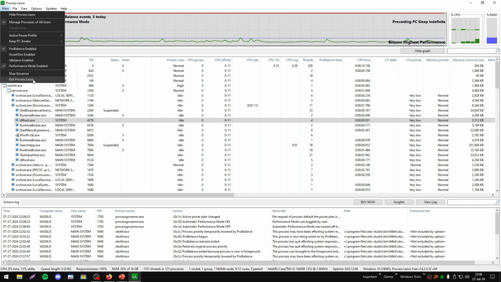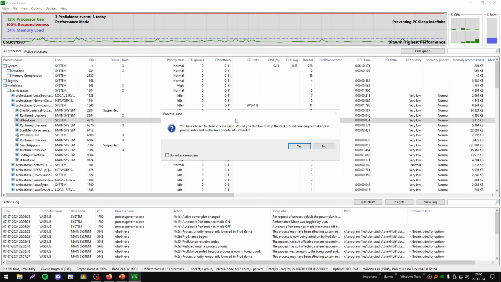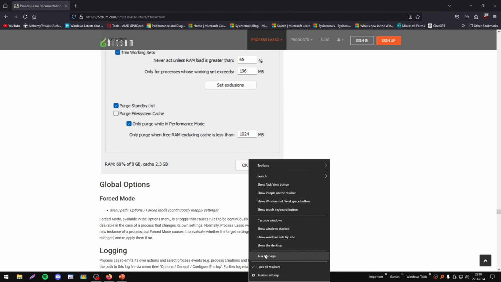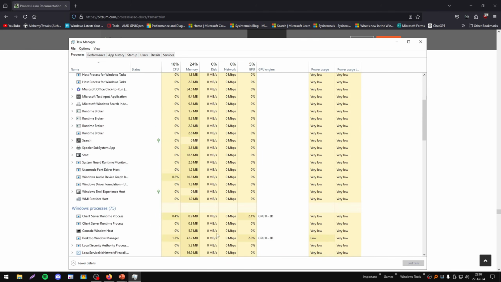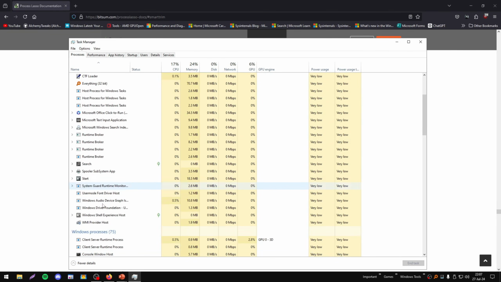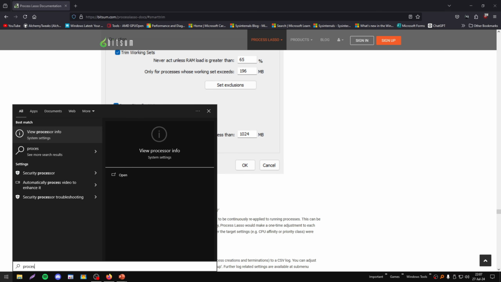We can exit Process Lasso completely. If we press exit, we get a message asking if we want to only exit from the GUI, or if we want to close this program completely, including the core engine. At this moment, I want to close everything, and as you see, if we go to Task Manager, nothing is running in the background related to Process Lasso. Everything is disabled. If we reopen it now,